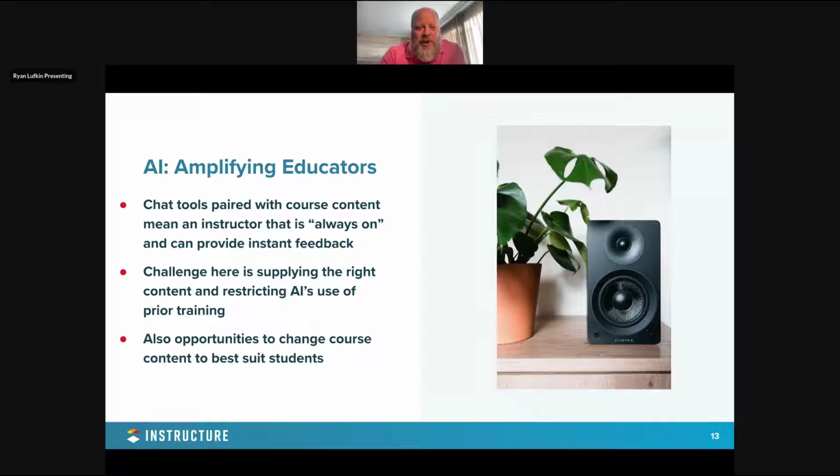The educator is the superstar. Canvas are some tools that make them more powerful, that extend their reach, enable engagement in ways. But the educators are entirely still the heart of the magic of education. They will remain that, and I think AI can offer assistance like extending the reach of a teacher. So when an educator can't be, it's the weekend, it's the evening, AI tools can be there to support students